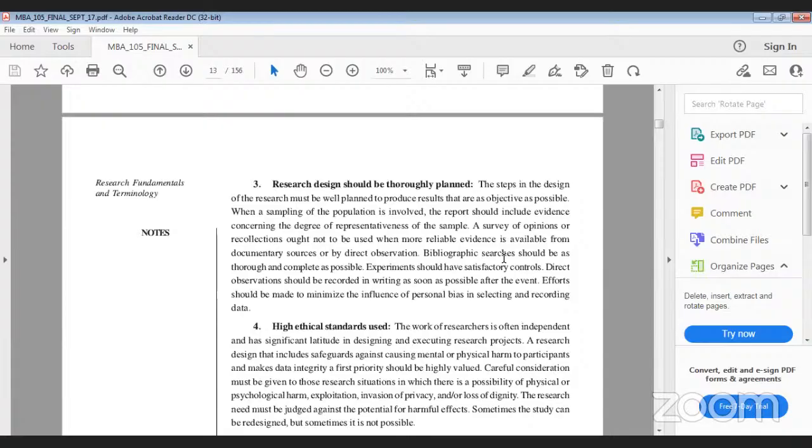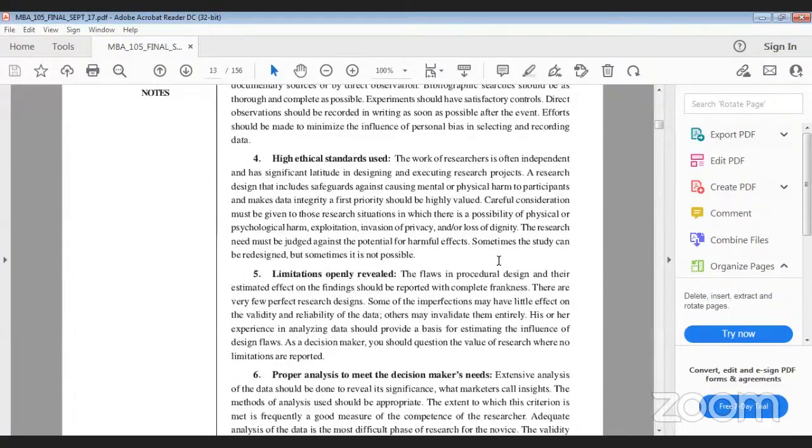For high ethical standards: the works of researchers often have independence and significant latitude in designing and executing research projects. A research design that includes safeguards against causing mental or physical harm to participants and makes data integrity of first priority should be highly valued. Careful consideration must be given to those research situations in which there is a possibility of a physical or psychological